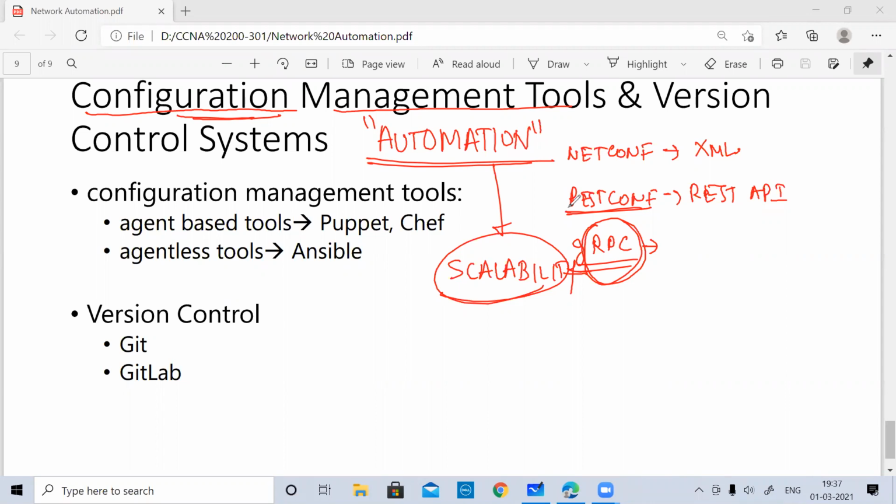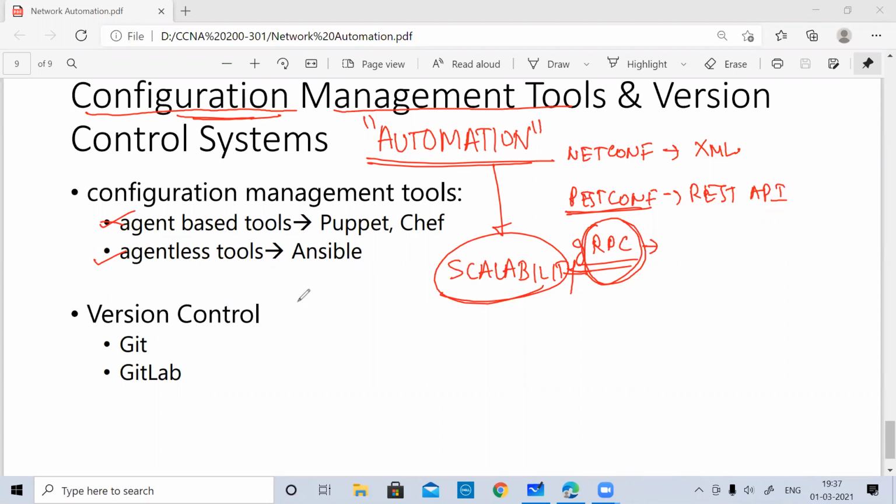So you're basically involving a tool through which you're going to automate things, get the information, retrieve the information or do some configuration. You're just going to tell the tool that, see, I want so and so thing in so and so manner, and the tool is now going to get the job done for you. Here we have two types of tools. One is the agent based tool and the other is the agentless tool.